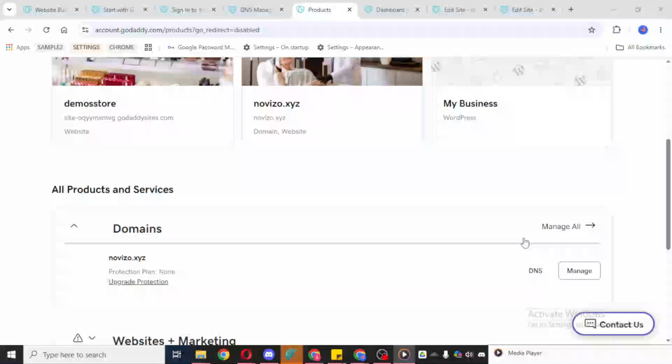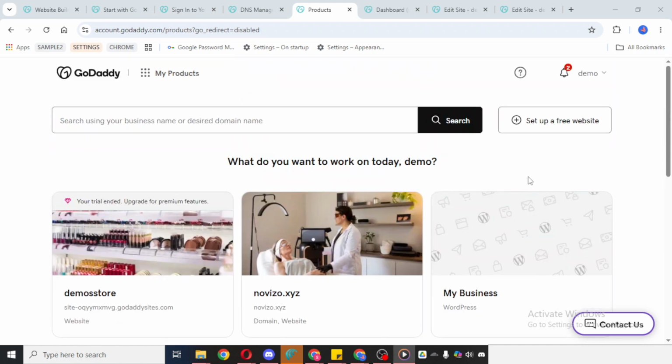In today's video, I'm going to teach you how to change text color on GoDaddy Website Builder. If you want to make certain words stand out more clearly on your website, changing the text color is a simple way to do it. This can help improve readability, match your brand style, or draw attention to important information. I'll walk you through the process step by step so you can make the change quickly and confidently.